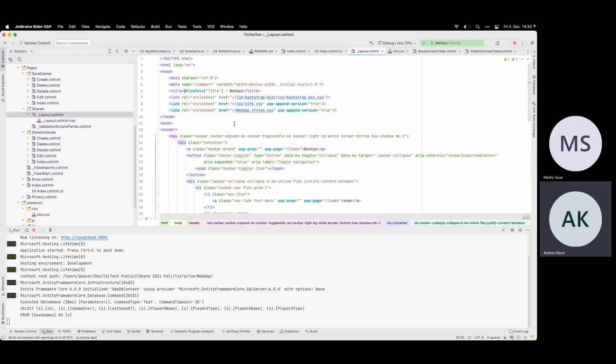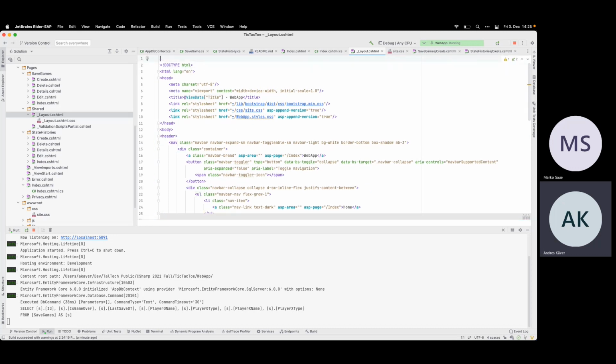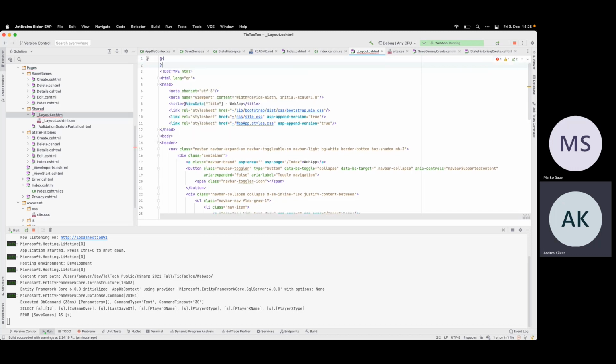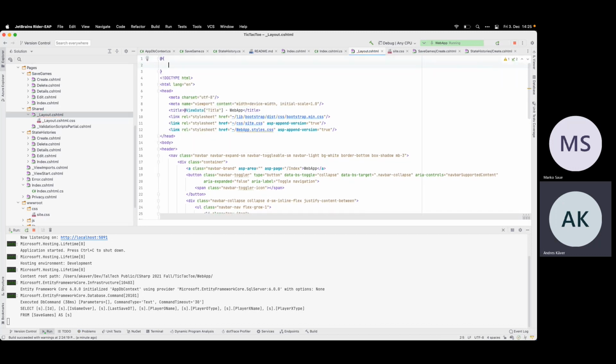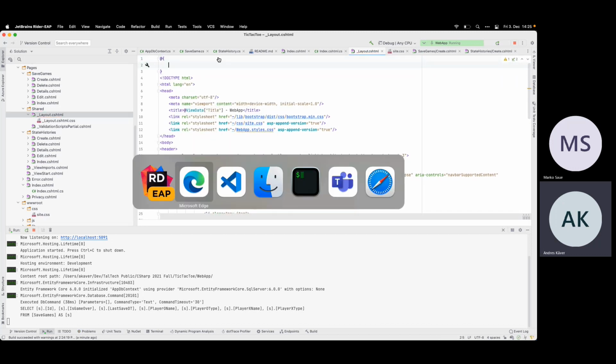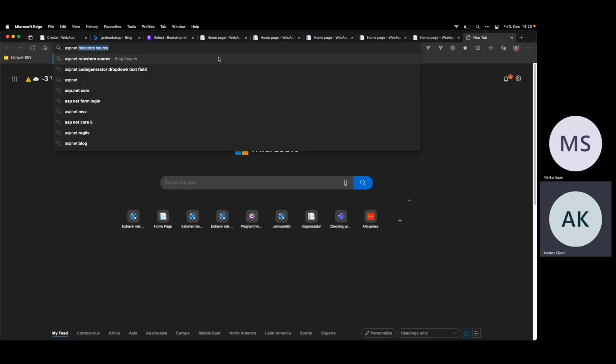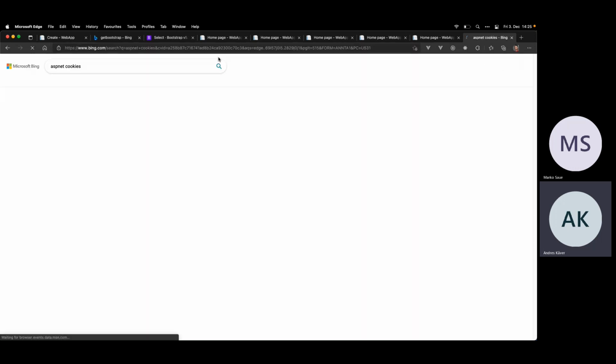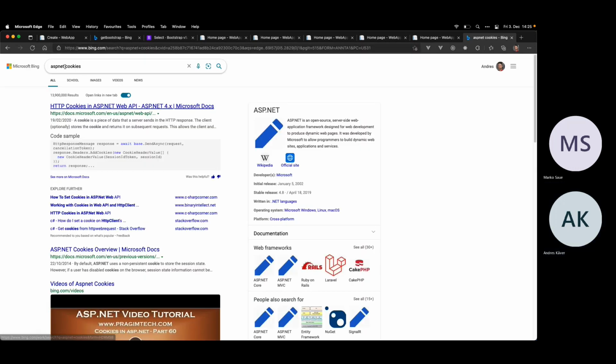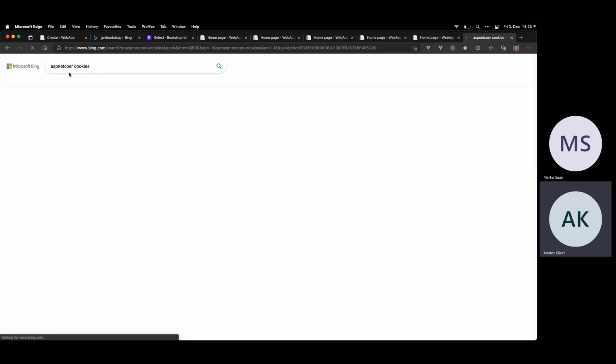So one way to get access to it is probably I can try to get it out from the cookies somehow. If there is one, let's say ASP.NET cookies. It's actually ASP.NET Core for that.